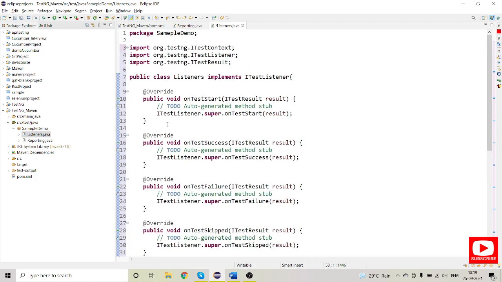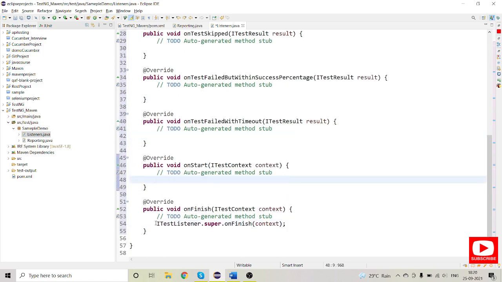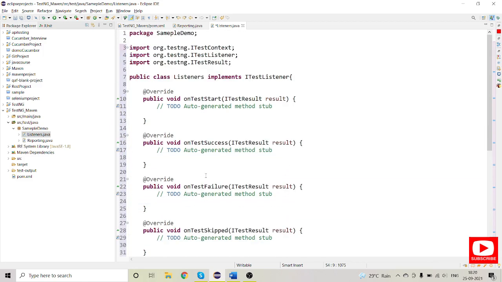And here I will just modify some pieces of code. Let me remove those lines. Right, I have removed all the methods which are not necessary for us. Now I want to add some customized message when my test case is getting started. For that I will use a sysout again. For demonstration purposes I am using sysout. Whenever you are using any reporting structure, like Extent Report, you can utilize those interfaces and modify the logging. So here I will say